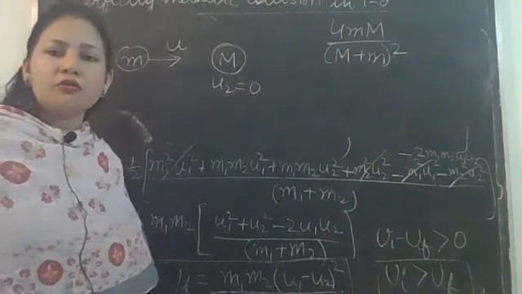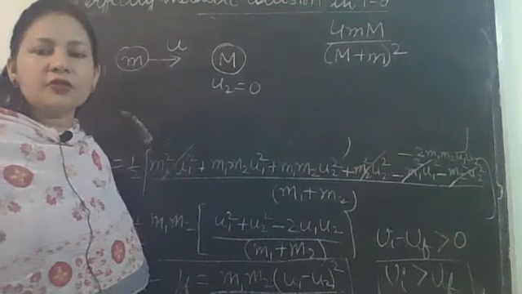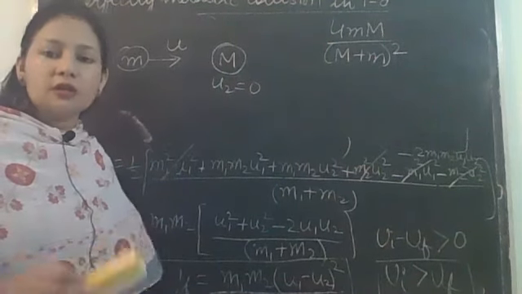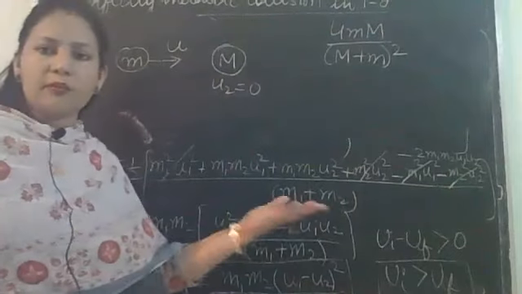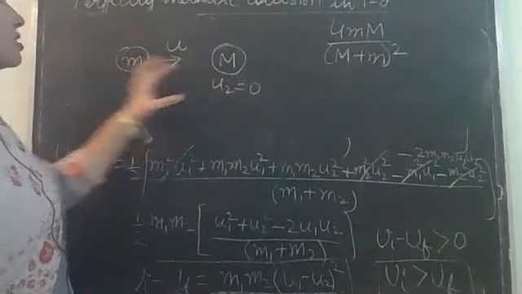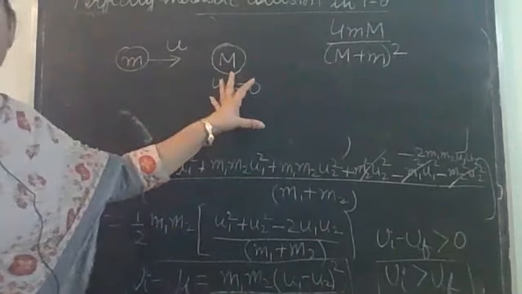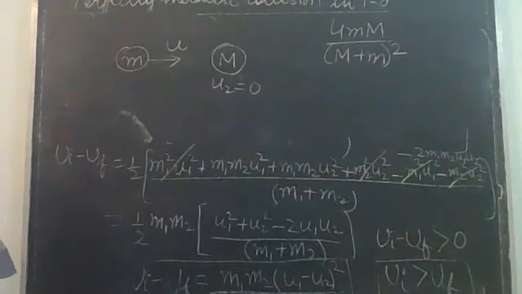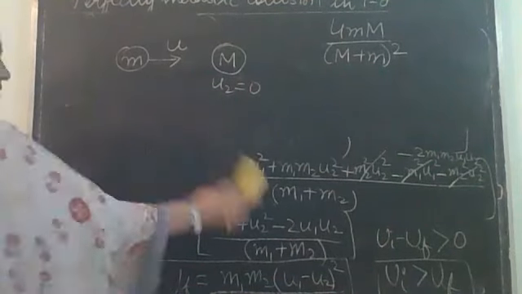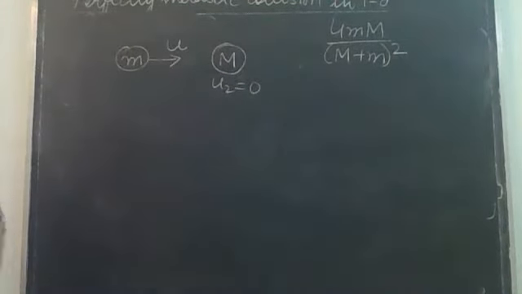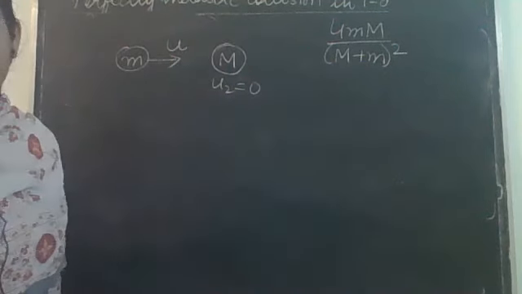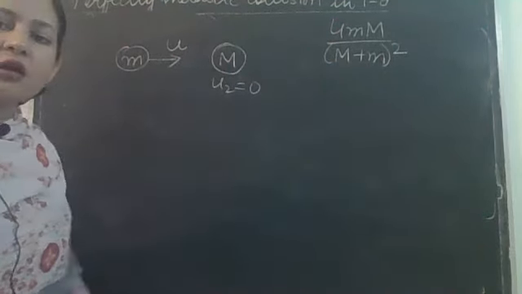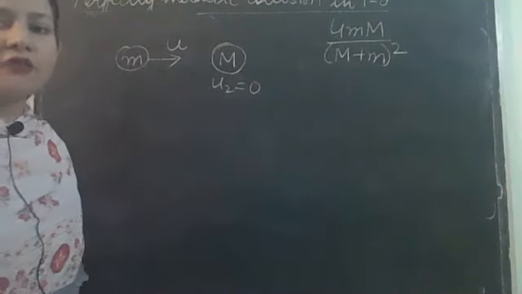So what we have to do for this purpose, we have to find first of all the final velocity of the second mass, because after the collision it will start moving. Okay, it will start moving after the collision. So let us apply it. And this is the case of elastic collision. Okay, because the objects are not sticking together. This is the case of elastic collision.